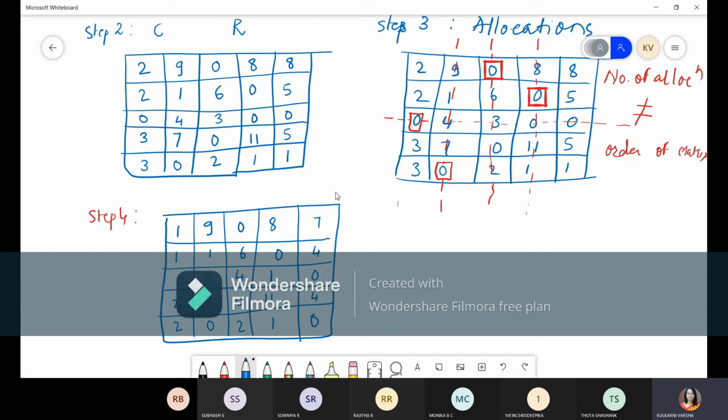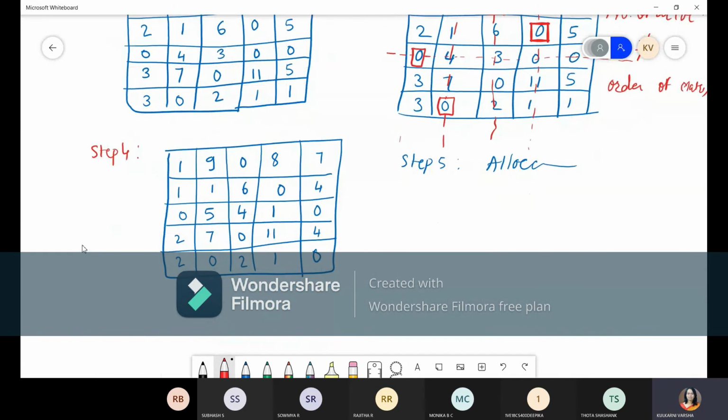So we have to do row wise scanning. So again we have to go for the allocations, right? So allocations we have to do once again on this. Let us say row wise scanning. When we do row wise scanning, in the first row there is a single zero, allocate it and cancel this column.